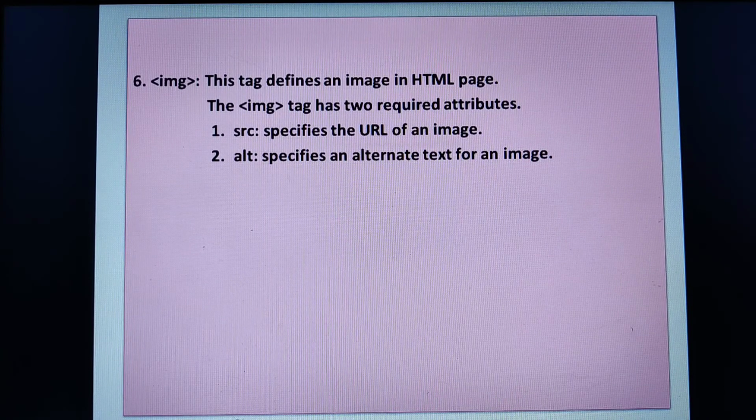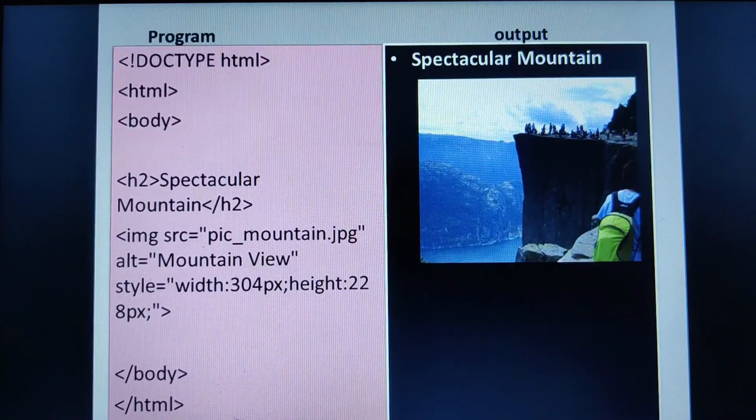So the source and alternative are the two important attributes of the image tag, similarly to how href was an important attribute of the anchor tag. Now here comes an example of how we have to use the image tag.